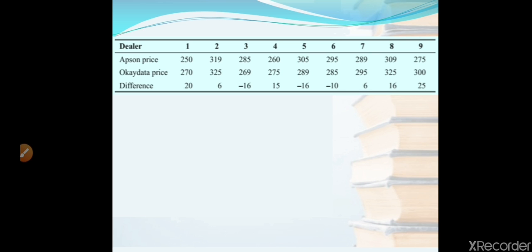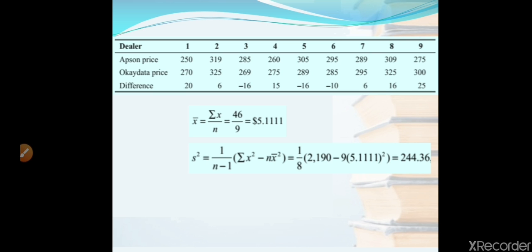So here again we can find the value of x bar, the mean, and we can calculate the standard deviation. Because it is from the same dealer and the same number of samples are there, we will take this as the paired values or dependent data. So we will calculate the difference, find the mean of the differences, and find the standard deviation from the given data. As the sample is less than 30, we have to go for the t distribution.